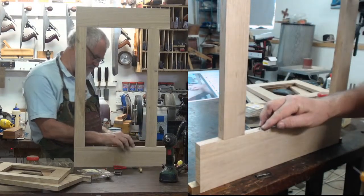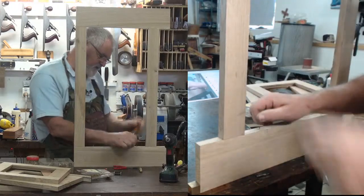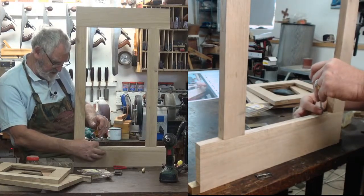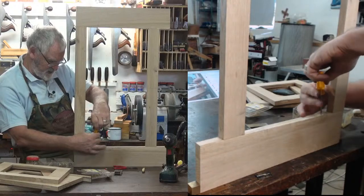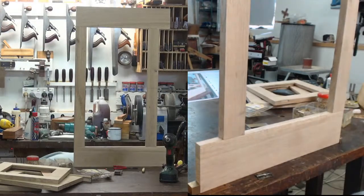of the screw. And then if the screw breaks off here and it's in the hole that you want to get your hinge onto, it's not impossible. What you do, you drill it out and then you put a matchstick in there with a bit of glue and then you re-drill it. But if you can eliminate that problem by doing it right the first time,